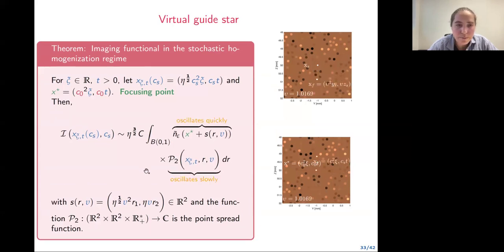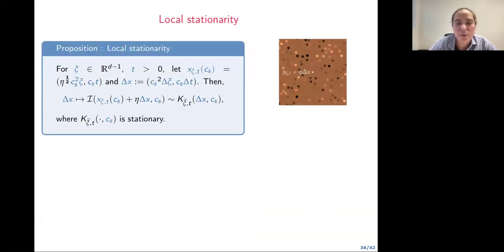And so with this, what I notice is that my integral is a convolution between this n tilde that oscillates quickly, because n tilde epsilon is the contrast of the tiny scatterer. So if you look a bit aside for your point, this n tilde epsilon is going to be completely different because it oscillates at the scale of the scatterers, whereas my PSF P2 is going to be pretty much the same because it's a slowly varying thing. And so with this in mind, what I can prove is that